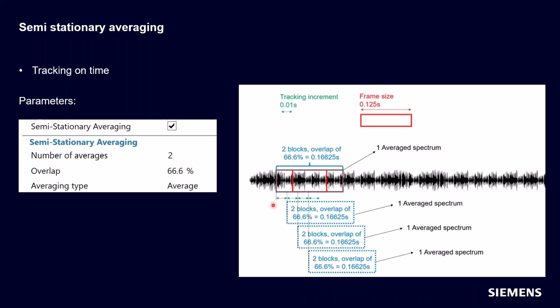If we tracked on time, it allows you to do a lot of overlap processing. And this isn't something we can do in Classic, so this is new in Neo. So here we're going to set 8 Hertz resolution. So our frame size for 8 Hertz resolution is 1/8 of a second. And we're going to set a very fine tracking increment of 0.01. And then it's going to march through the data every 0.01 seconds with a roving average. With that frame size is 0.125 seconds. It's going to average throughout there based on the number of averages and what overlap percentage you give it. Let me show that as a demo.